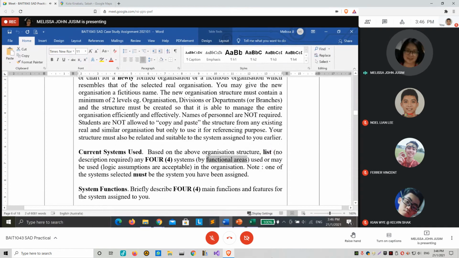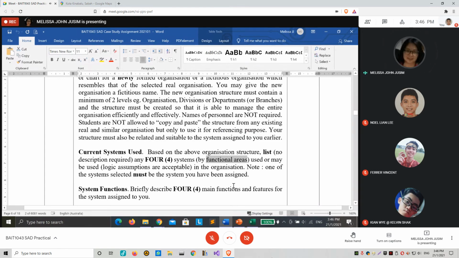Functional areas would be accounting, marketing, human resource. For a bus company, I don't think there's production, so no production. What else? Human resource, what else? Sales, marketing already. You list out the appropriate functional areas, meaning the departments.